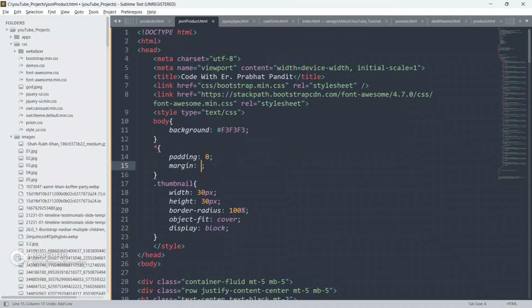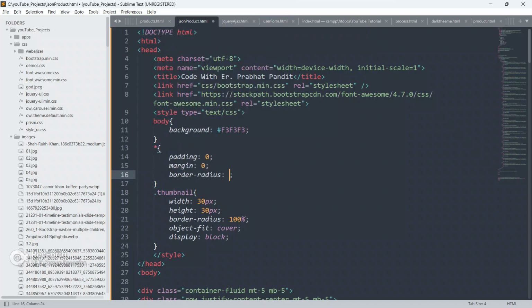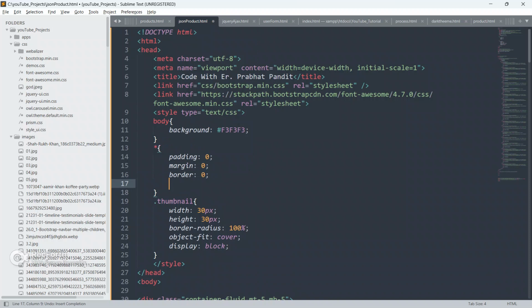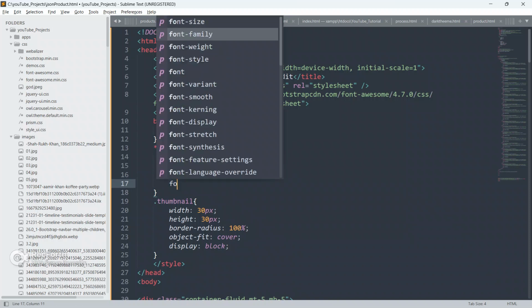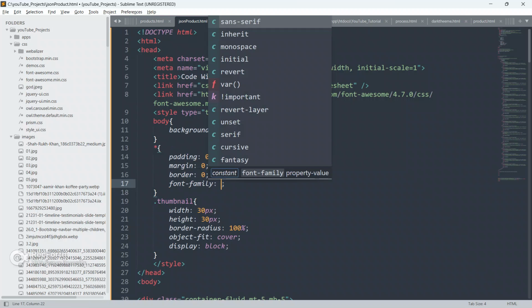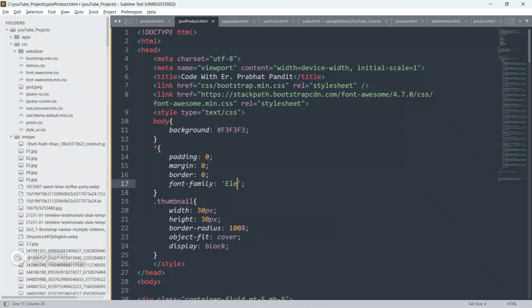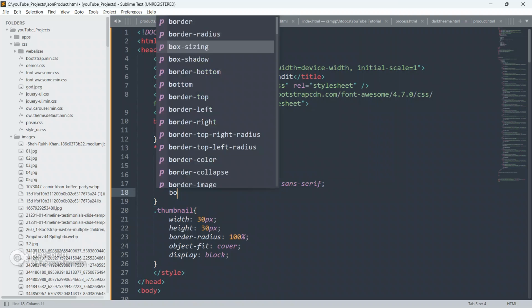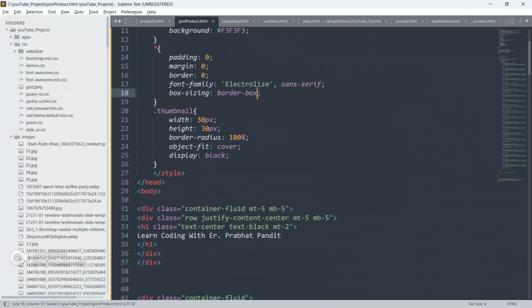Give padding as 0, margin also 0, border also 0. Give font family as Roboto and sans-serif. Give box sizing as border-box.